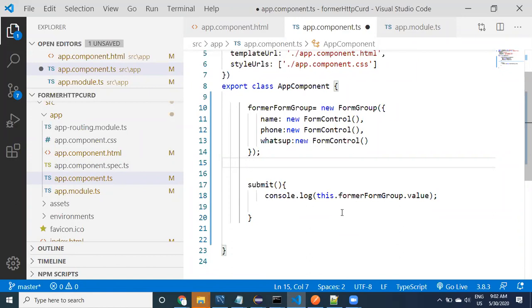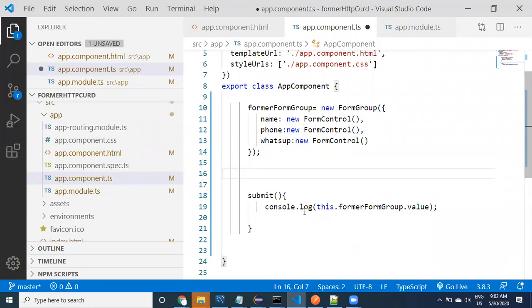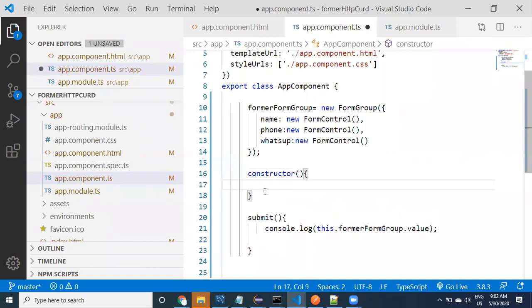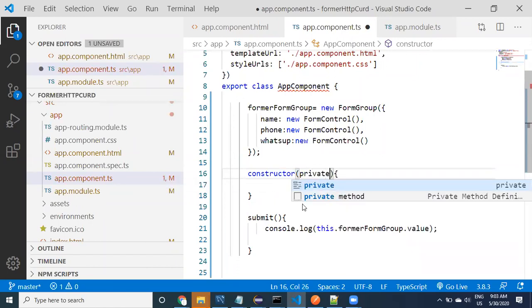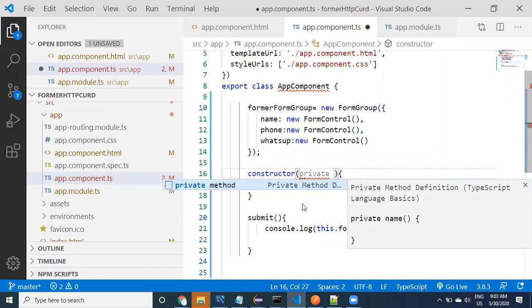We simply use the HTTP client object directly by injection. Injection means who is going to inject? Angular is going to inject the HTTP client object into your component. We are in the app component, right? Let us take a constructor. How to inject using a constructor? In this constructor, if you take the property, it's a shortcut actually, taking injection and taking the property provide.